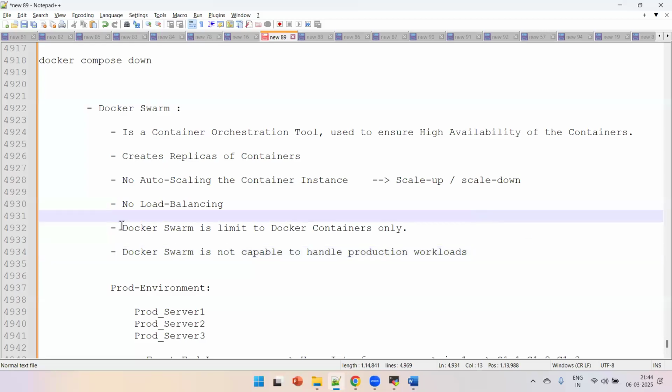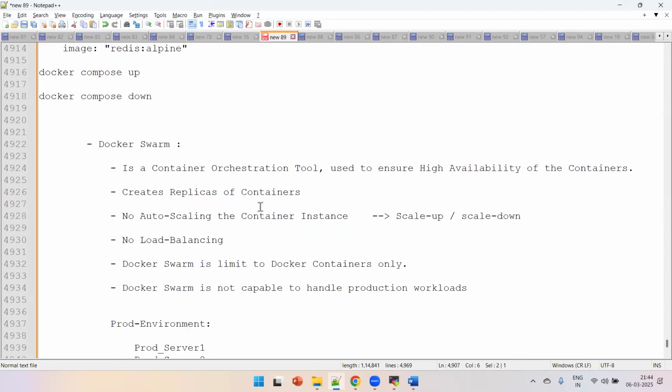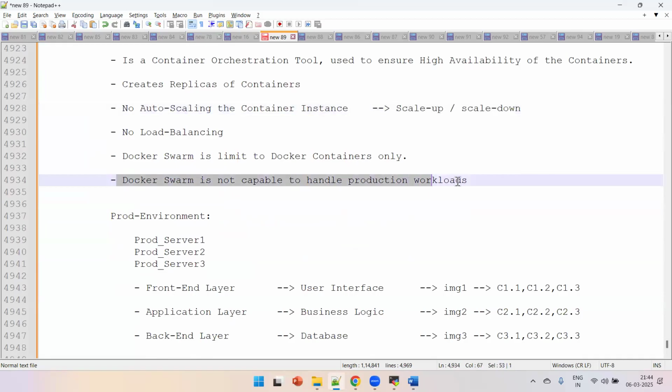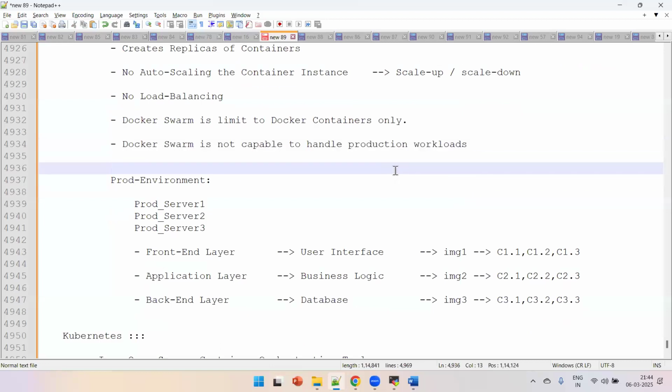So Docker Swarm is capable of running multiple containers using Docker Compose integration, and can create some replicas of pods, but it is not that capable of handling the production level workload. That was a very big issue during 2015 and all. Most of the organizations were struggling to handle the situation. Correct. But by that time, Google, right,